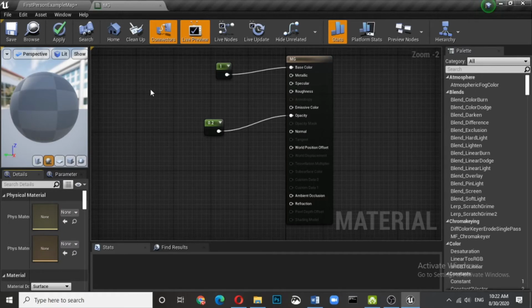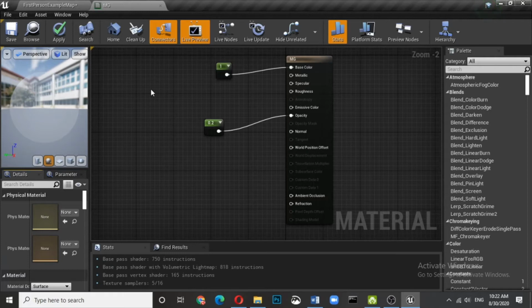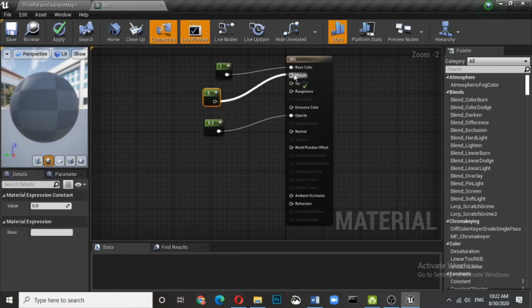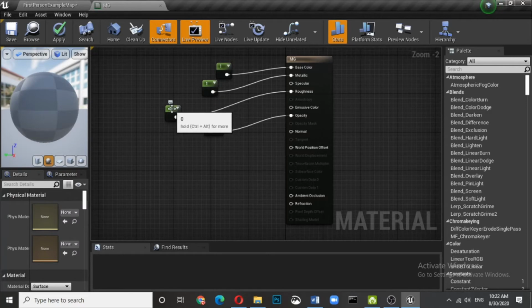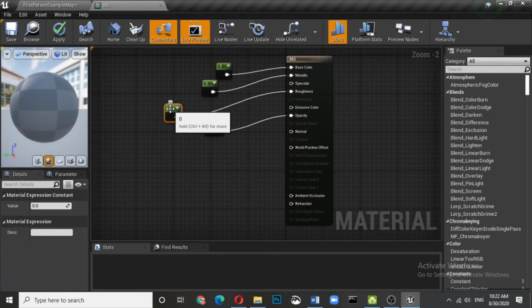Now the question is from where you will get the reflection. You have to control the metallic part of it and you have to control the roughness part of it. So again press vector 1 for metallic and again press vector 1 for roughness to control. So what we will do, we will convert metallic to around 1, and for roughness we will keep it 0 and see the changes.